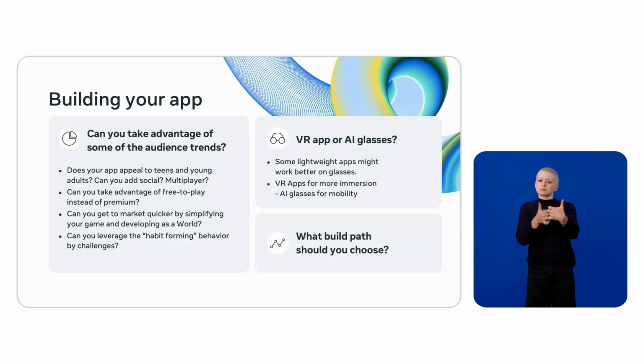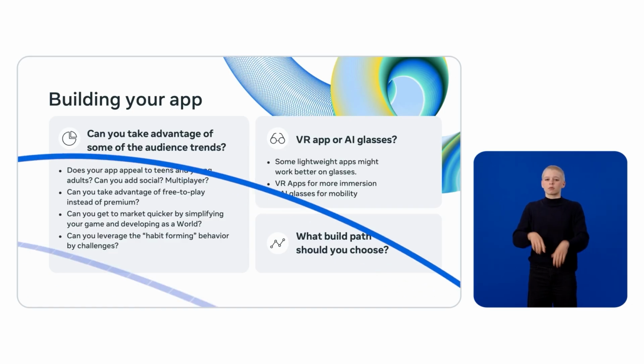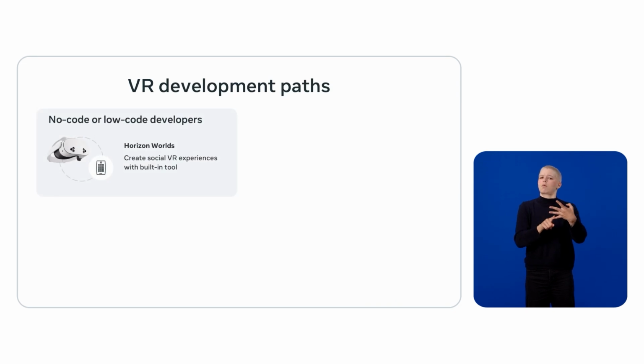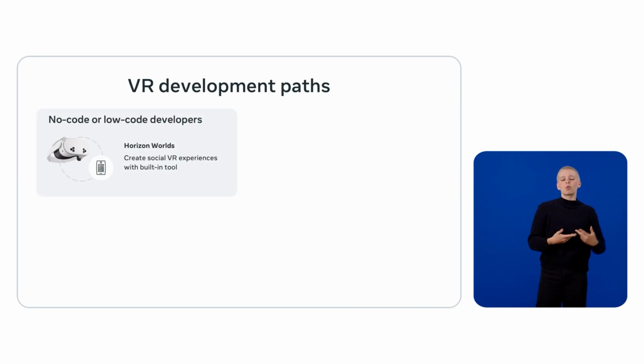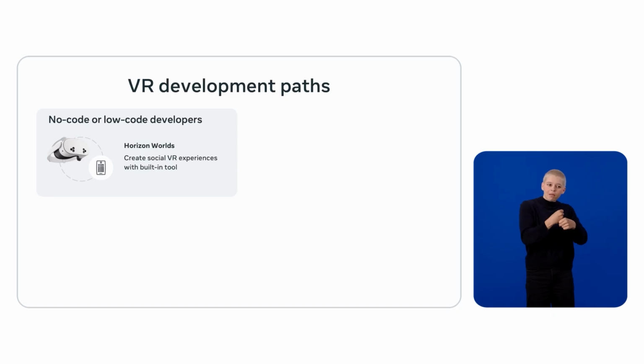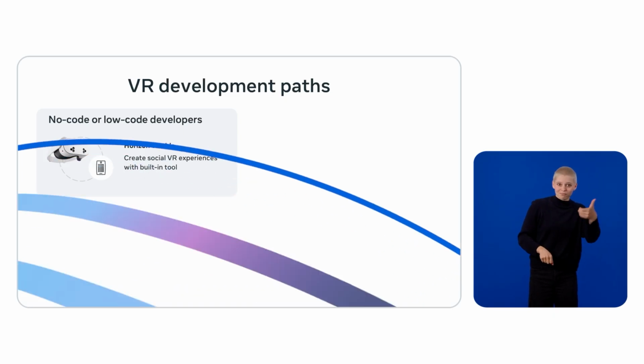Finally, you need to understand the build path options. We have several different build paths based on the type of app that you want to build and your target device. Let's go into those in a little more detail. Let's talk first about mobile and VR development. I'll pick up the wearable development path on the next slide. Now, whether you're building for Meta Horizon OS for Meta Quest devices, there are four main development paths. Let's start with our no-code or low-code option to create engaging worlds in Meta Horizon that can be played on mobile or in headset.